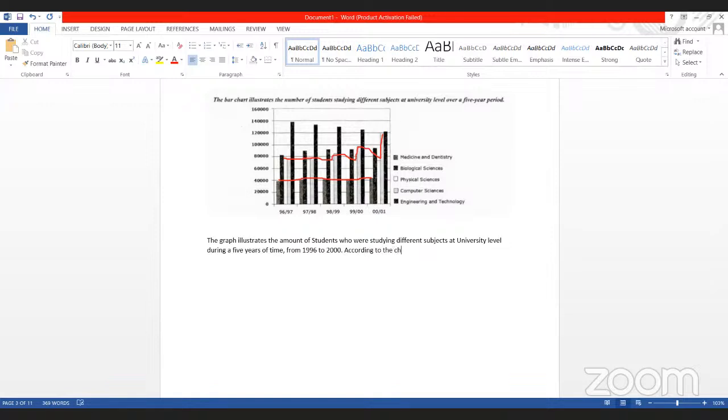According to the chart, some subjects became more popular over these 5 years, while the rest dropped dramatically